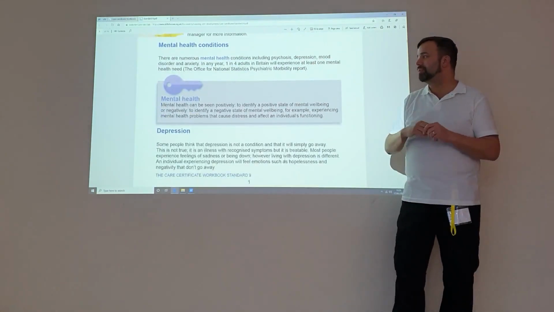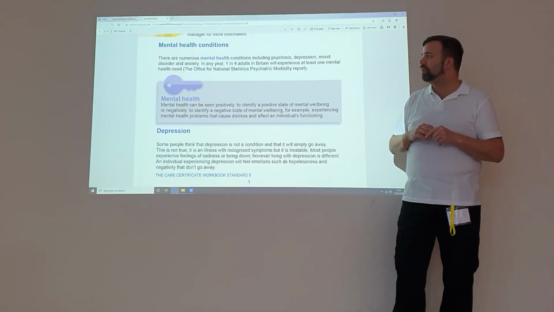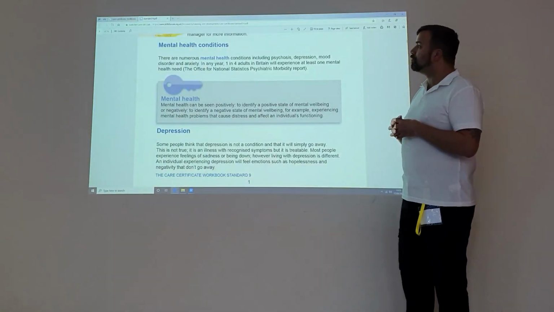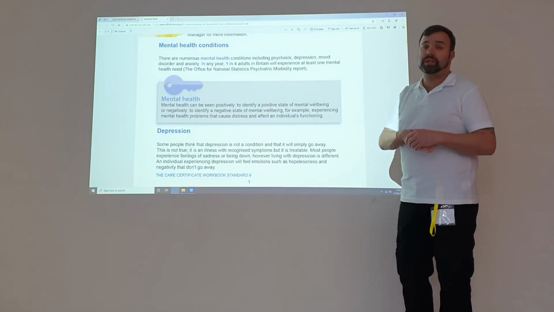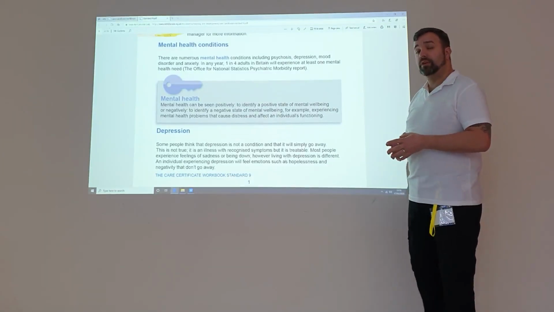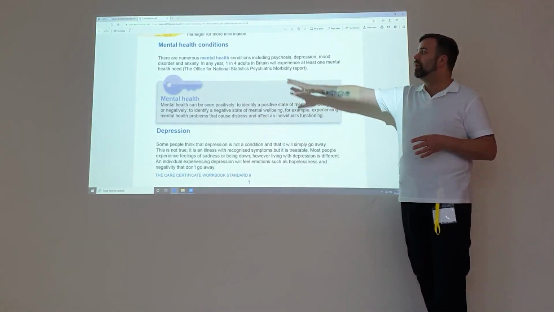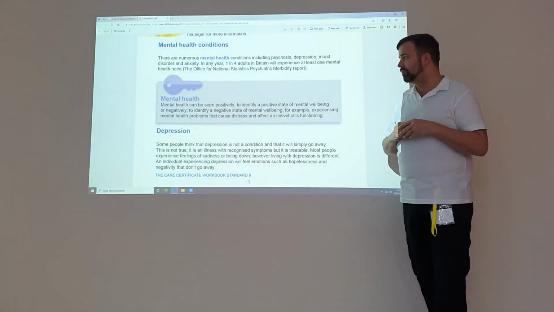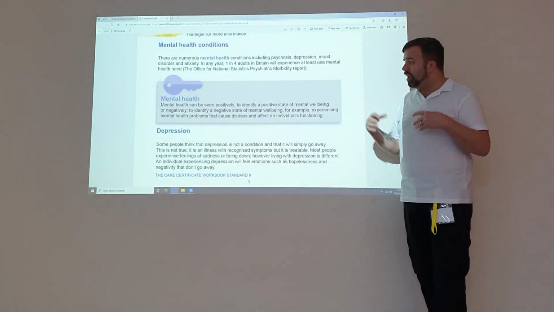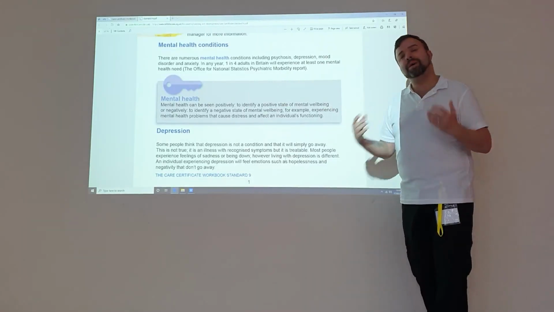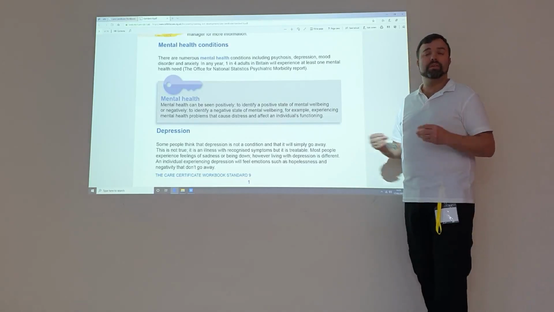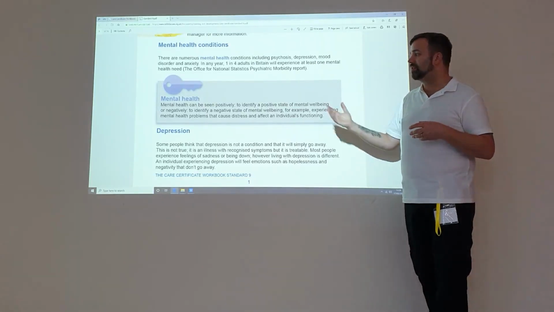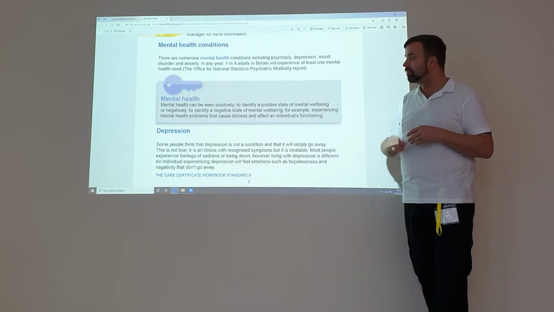So let's look at mental health conditions. So we know that we all suffer with mental health. You can't have health without mental health, and that was one of the strategies a few years ago from the Department of Health. We're aware that 1 in 4 of us may experience a mental health condition throughout our lives. Therefore, it's so important we have a much better understanding around mental health and reduce some of the stigma and poor language that's associated around it.